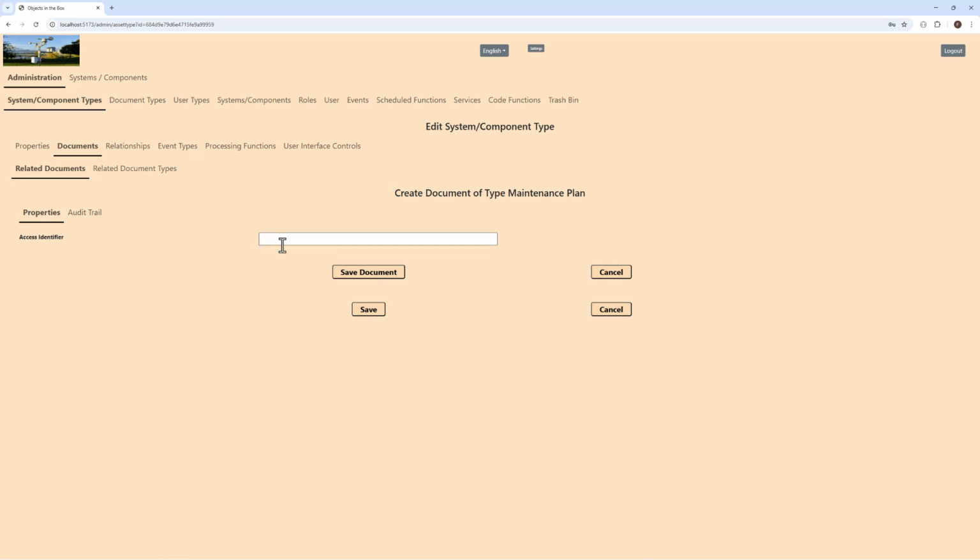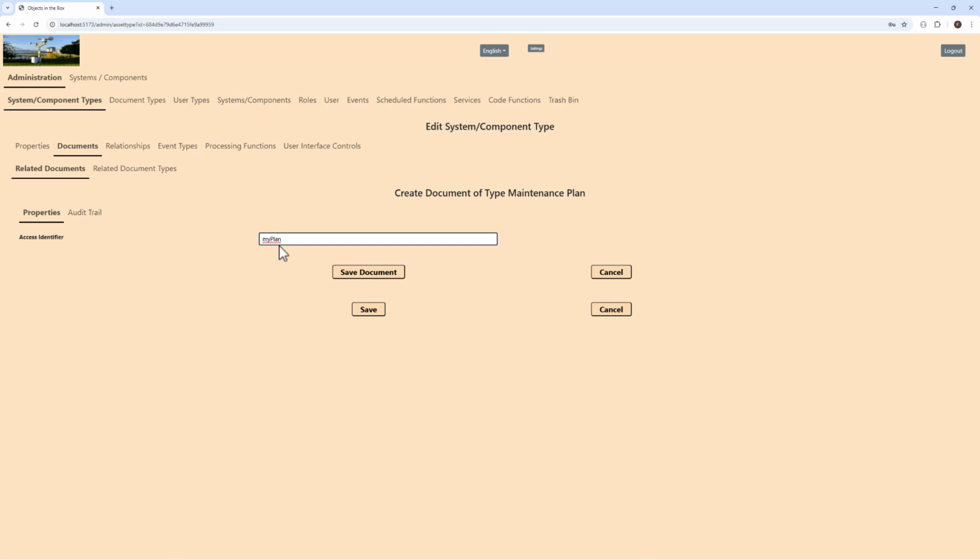So I can go here under the related documents, pick maintenance plan, say create related documents, and unfortunately I see here just the access identifier. An access identifier can be defined, it's not a must, it's a can, for later on in the program code addressing that, in our case, maintenance plan directly without searching. So I can then in a certain code function, which we will talk about later, directly specify an access identifier. So I could say here my plan, and that would then be my access identifier, and that document would get